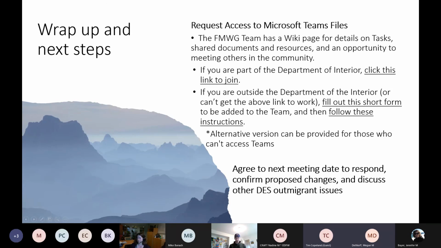So basically, if you want access to the Microsoft Teams files, this is a way to do it. I'm going to send you a link to our project page, which has the exact same information. If you're part of DOI, it's pretty simple. If you are not, it's a little bit more complicated. If you absolutely cannot get into the system, I know some agencies are not allowing it, we can provide alternate versions. So just let me know, or Russ or Mike, or I guess Nancy, if you want some of the